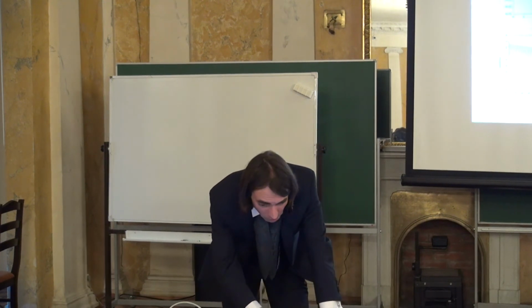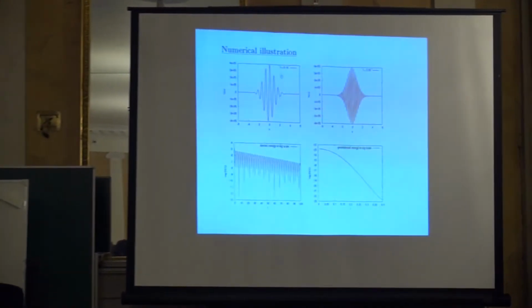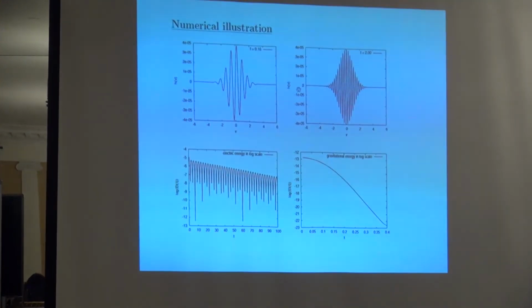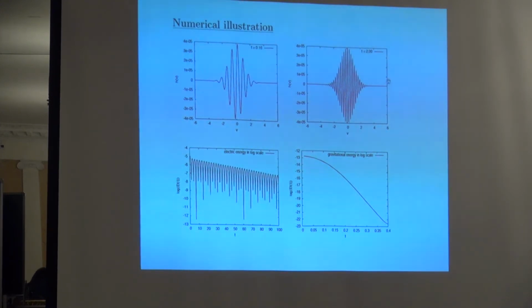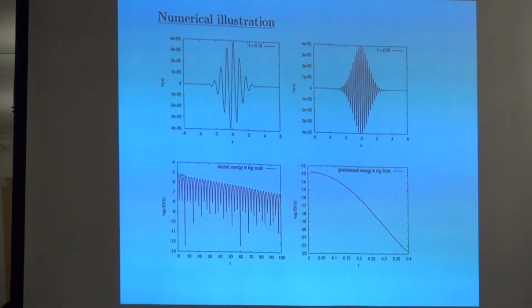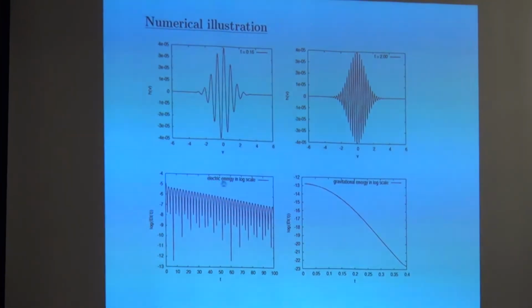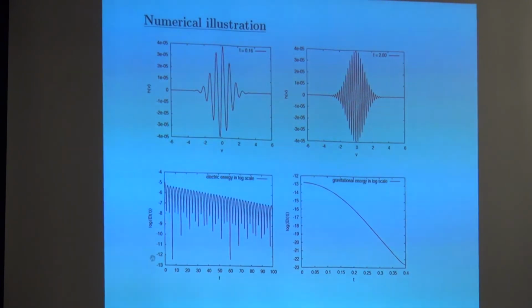Here is a numerical illustration. If I start from this perturbation of the equilibrium and I let it evolve, after some time I will have a picture like this. This looks like quantum diffraction or whatever, but this is classical mechanics. And this is for the distribution function, the velocity distribution of the particles in your plasma. This is a picture of the variation of the electric energy as time goes, in logarithmic scale. Look how the energy goes. The electric energy is only the part of the energy which corresponds to the position variations.